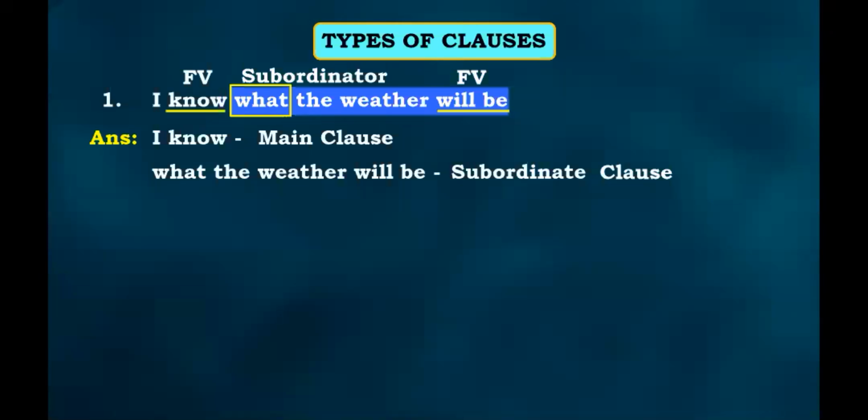So when I have to check, सुन लो बराबर से, when I have to check that the subordinate clause is a subordinate noun clause or not, you will ask the question what? You will ask the question what to the main clause. Correct? If the subordinate clause answers that correctly, it means that it is a noun clause. So let me ask the question what? What do I know? आंसर मिल रहा है मुझे सबॉर्डिनेट क्लॉज में, पूरा सबॉर्डिनेट क्लॉज आंसर कर रहा है ये क्वेश्चन. What do I know?